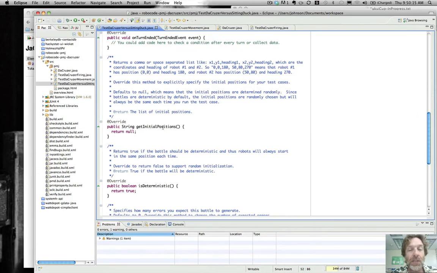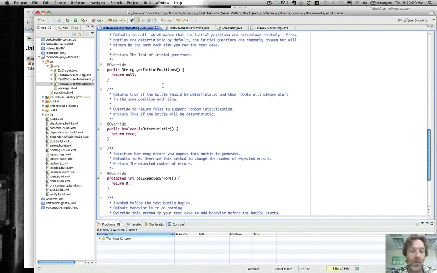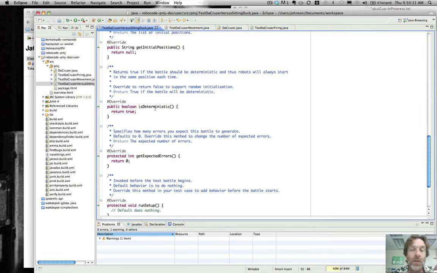There's a getInitialPositions method, which you can override in order to specify exactly where every robot participating in the battle should start. By default, they're going to be randomly picked, but you can override that if you want to change it. I didn't want to override it. The other thing you can do is decide whether or not, if you do 10 battles,